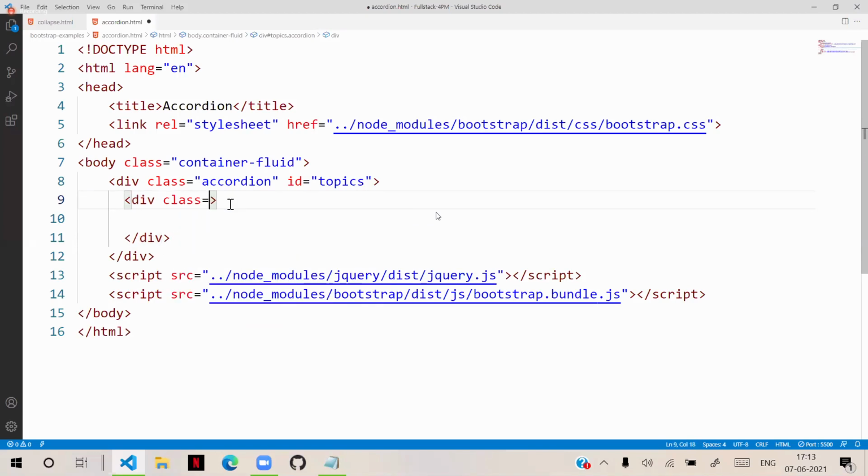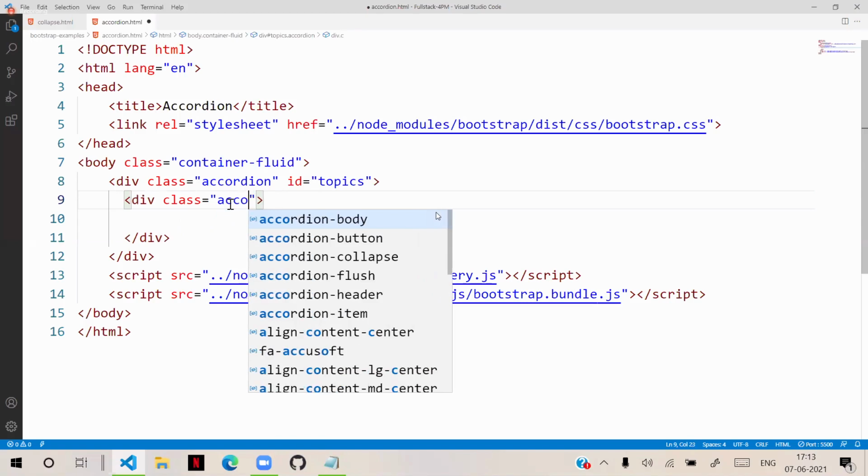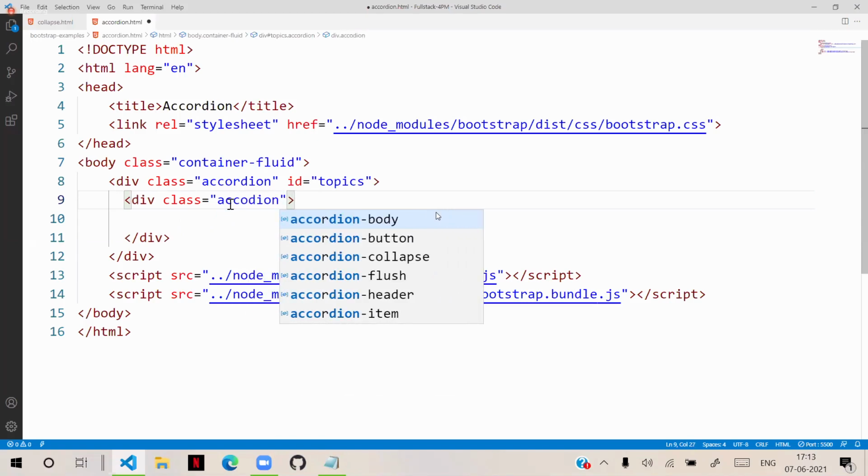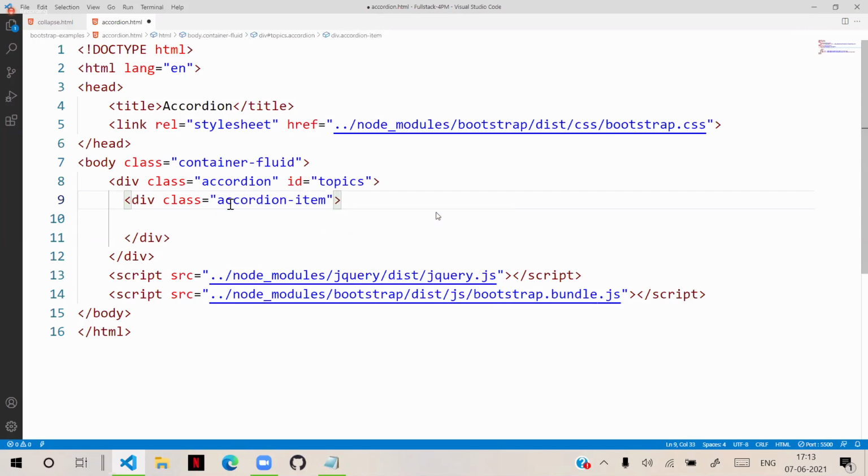Now accordion has accordion items. In this accordion item, it can have a header and body like that. I can have an accordion header, which is for heading.